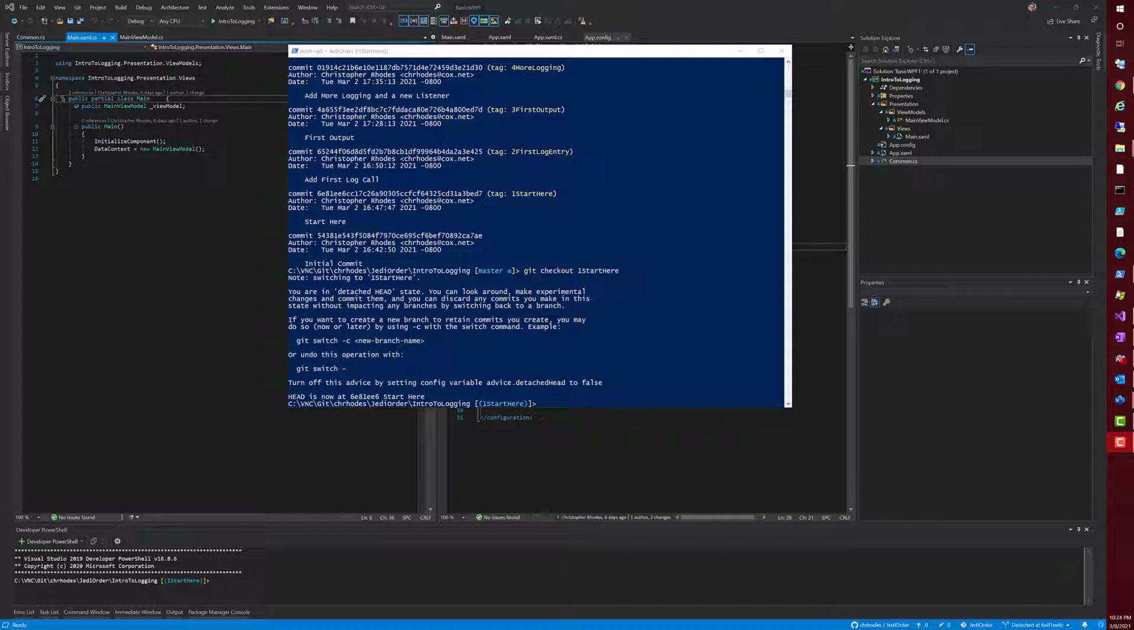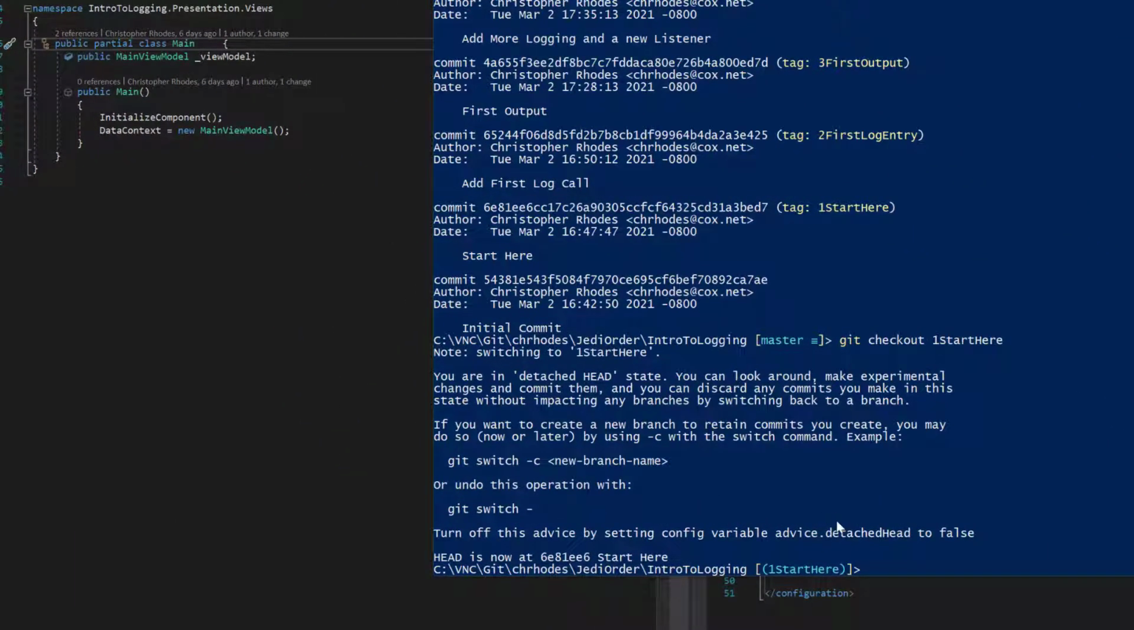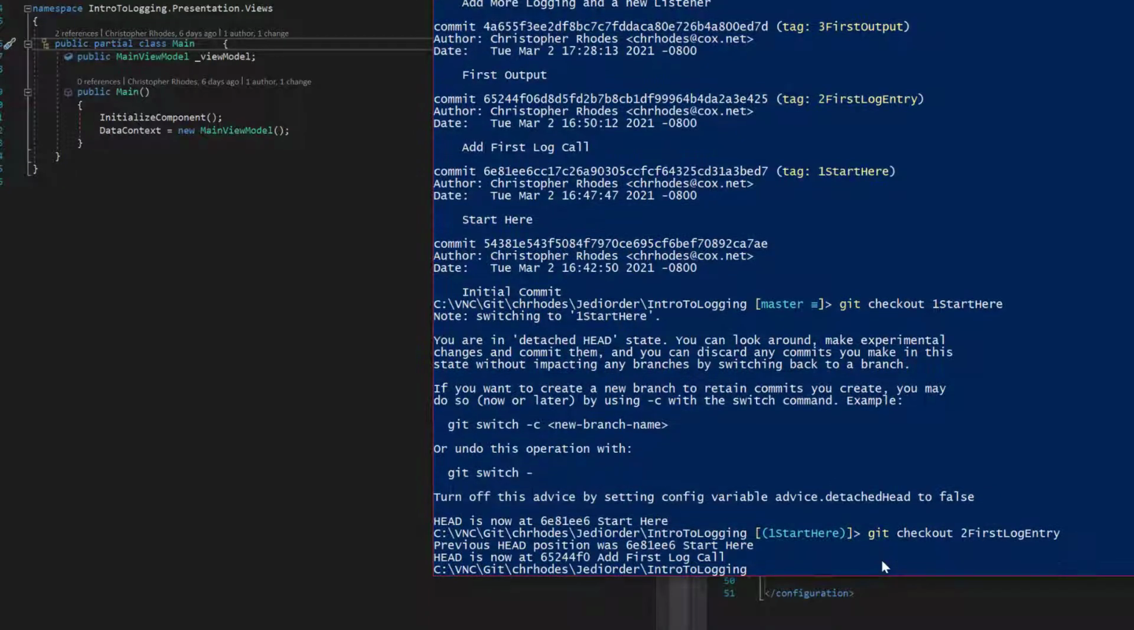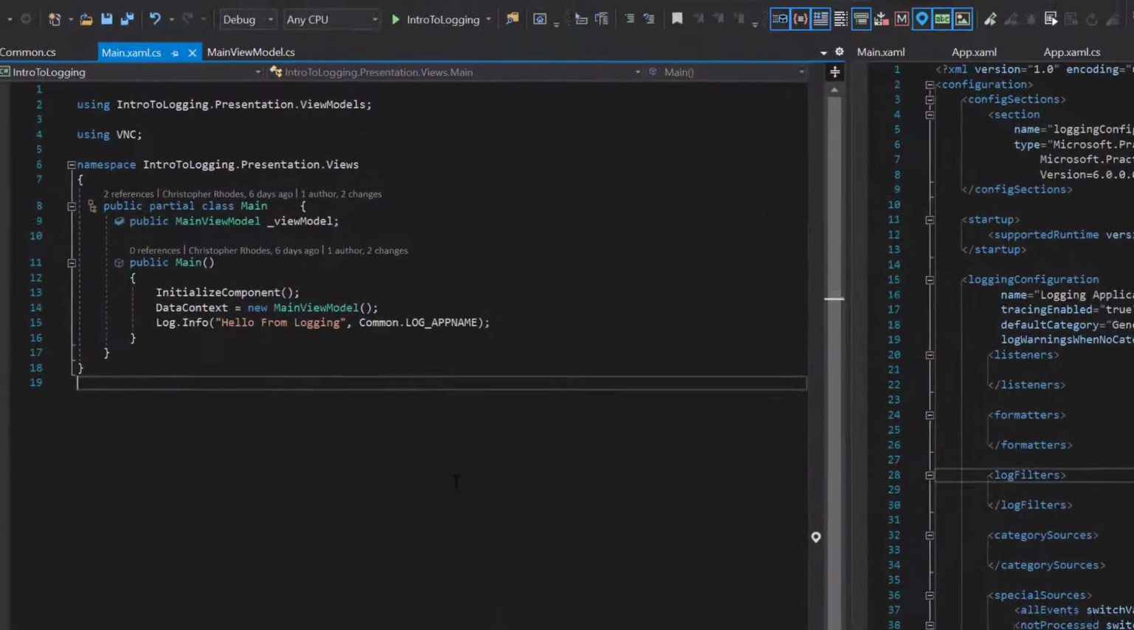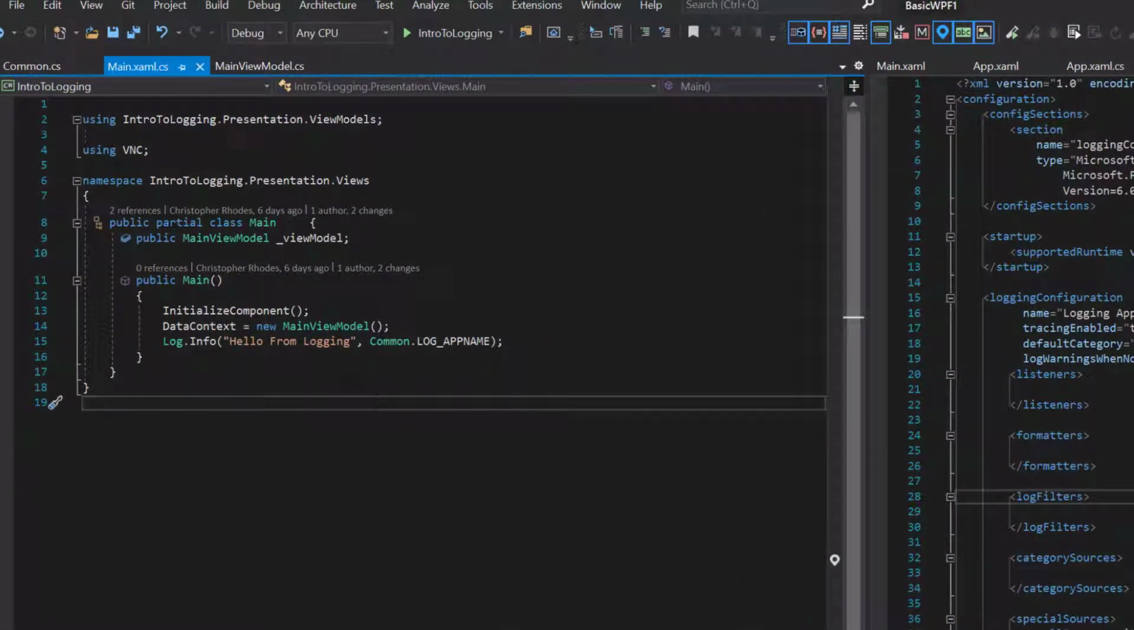Okay, we've seen the application in action. Not much to see. Push some buttons, see some messages. So now what we're going to do is we're going to add some logging to the application. We're not going to write it out anywhere. We're just going to add some logging. So we're going to go back to our PowerShell window. We're going to do git checkout to first log entry. And you will notice if we come back into Visual Studio, the only thing that's changed is we've got a